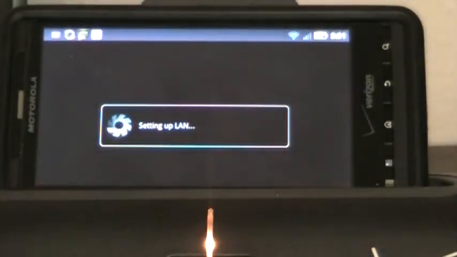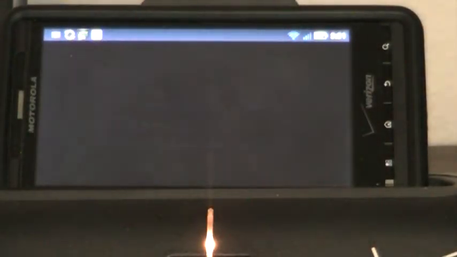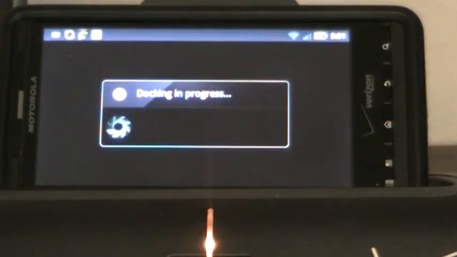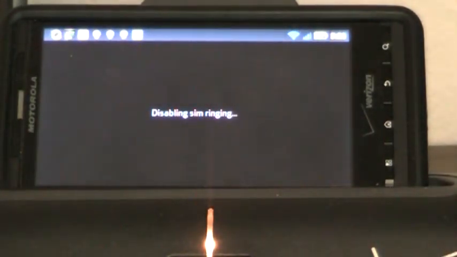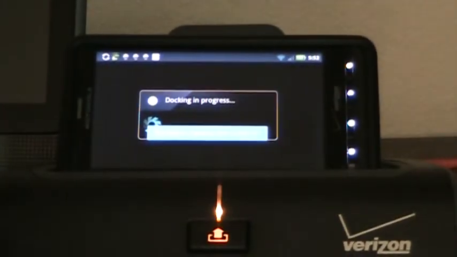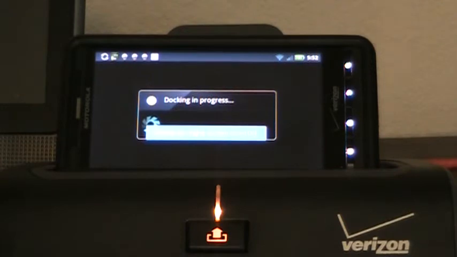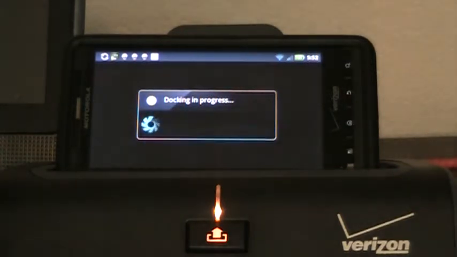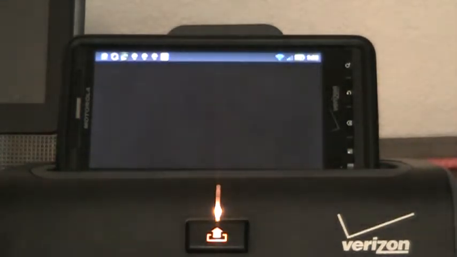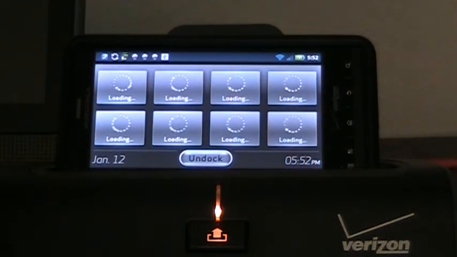Okay, it's setting up the LAN. Right now in the background, it's contacting the Active Directory, logging in. It's also making a call into the EFA and disabling single number reach. I have single number reach configured on this particular mobile device, and you can see it right there. Oh, I missed it. Hopefully you caught it, but it said disabling SIM ring. So it's calling in and disabling the single number reach capability that the Cisco Unified Communication Manager has,